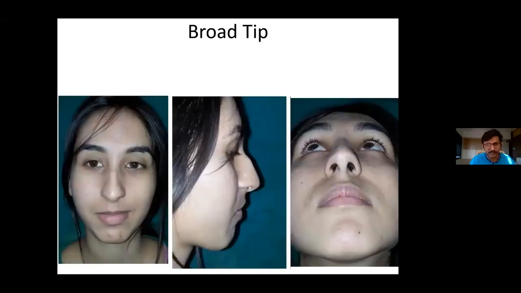Now coming to a few examples, few cases. This beautiful girl comes with a hump nose, and also wants an improvement in the shape of the nose along with the breathing difficulty. As you can see here, these are the 2 points of the philtrum, and you can see a very wide tip she has. In addition, if you draw a line through this, the portion below this line is more. So she is having a hanging columella, and as you can see on the frontal view, this is a hanging columella. It is not a seagull in flight kind of a view.